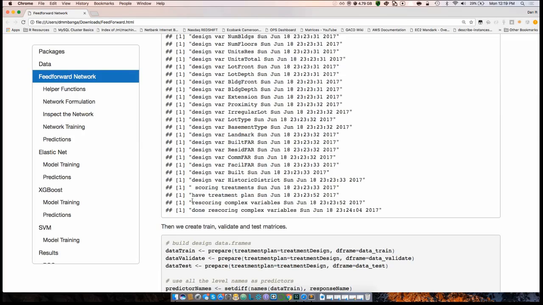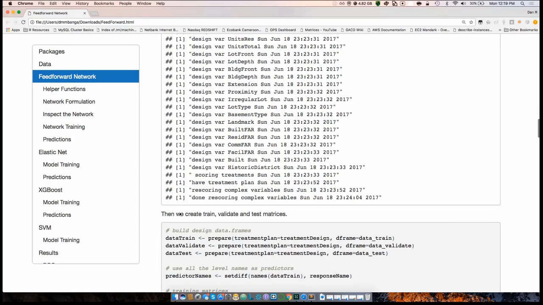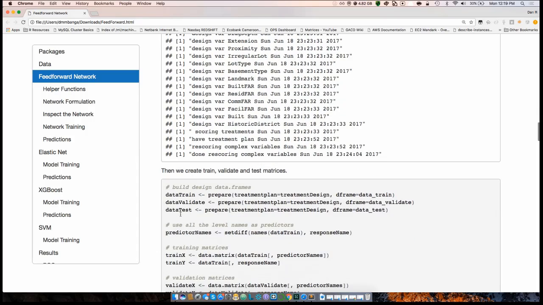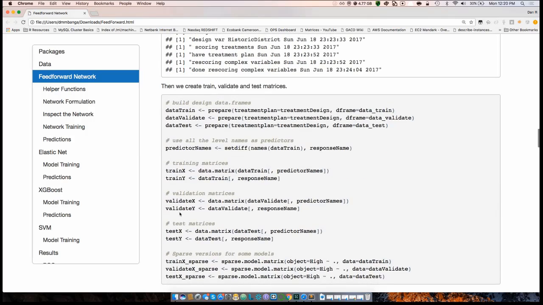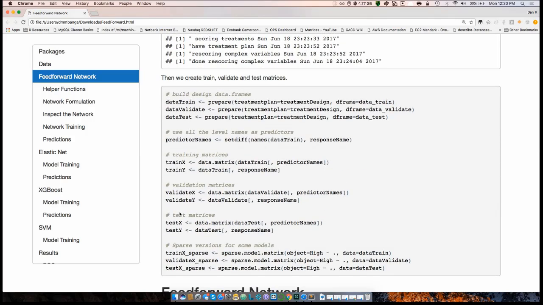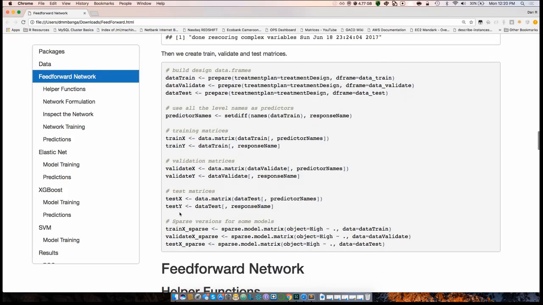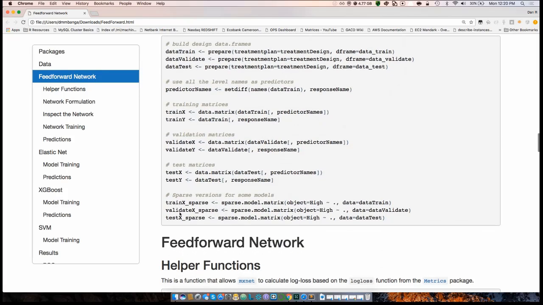So how much effort would it take typically if you had to do this yourself, treating the data manually? Depending on the problem, this can go from minutes to hours to days to weeks. It's a very complicated part of the process. And in fact, Andrew Ng even said that applied machine learning is basically feature engineering. So this is helping do a lot of that for us.